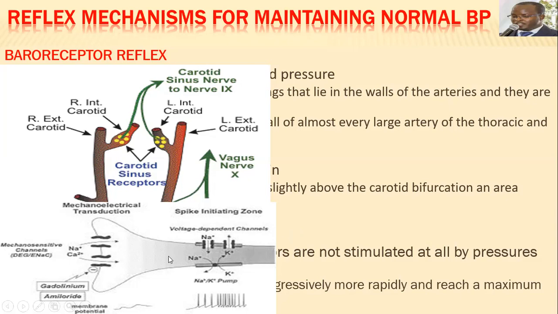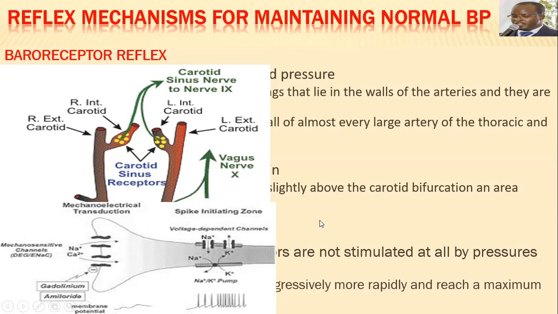Then, once the firing of these baroreceptors is increasing, it will tell the nucleus tractus solitarius that the blood pressure has increased. So the nucleus tractus solitarius will now inhibit the cardioacceleratory center, and it's going to stimulate the cardioinhibitory center. And you know the cardioinhibitory center is the parasympathetics. So via the vagus nerve, it is going to inhibit the activities of the SA node and the AV node. So it's going to have the negative chronotropic effect and inotropic effect on the heart, and also the negative dromotropic